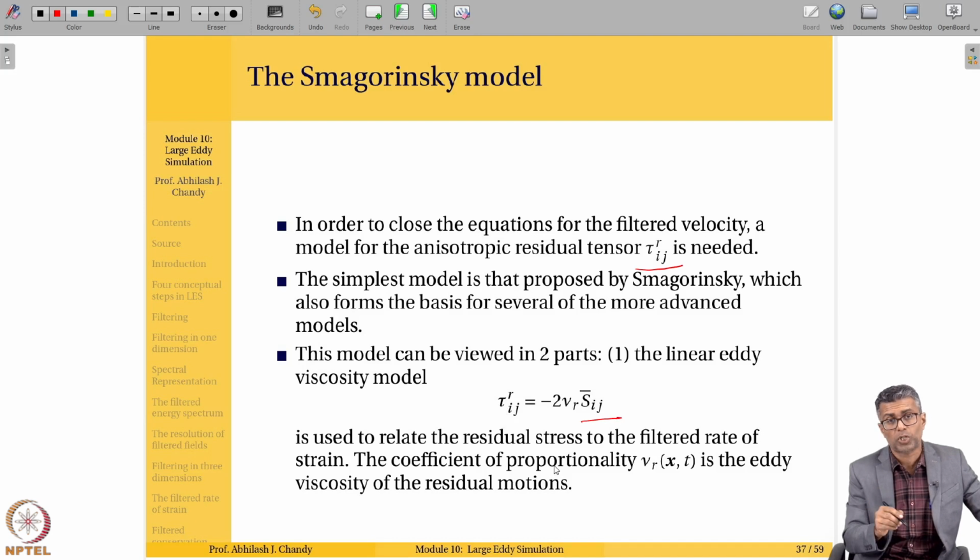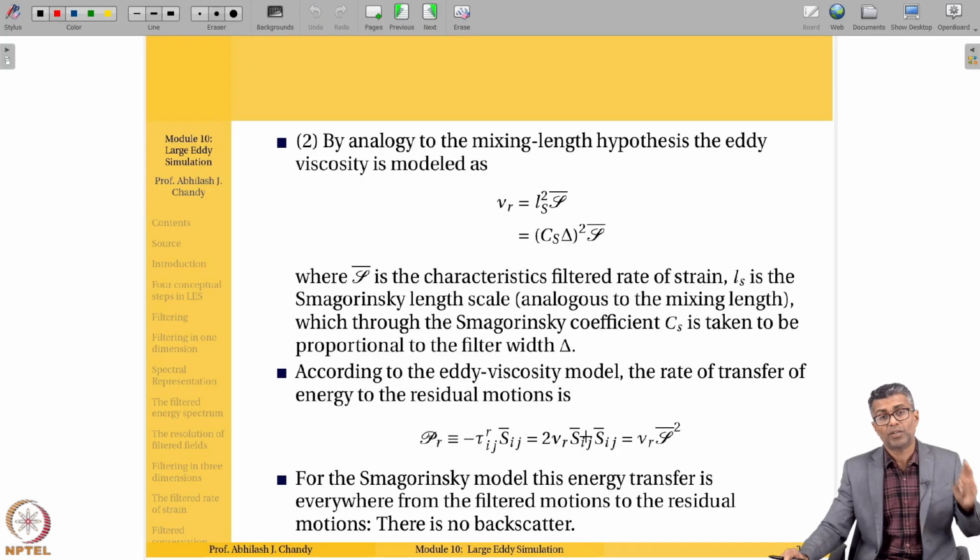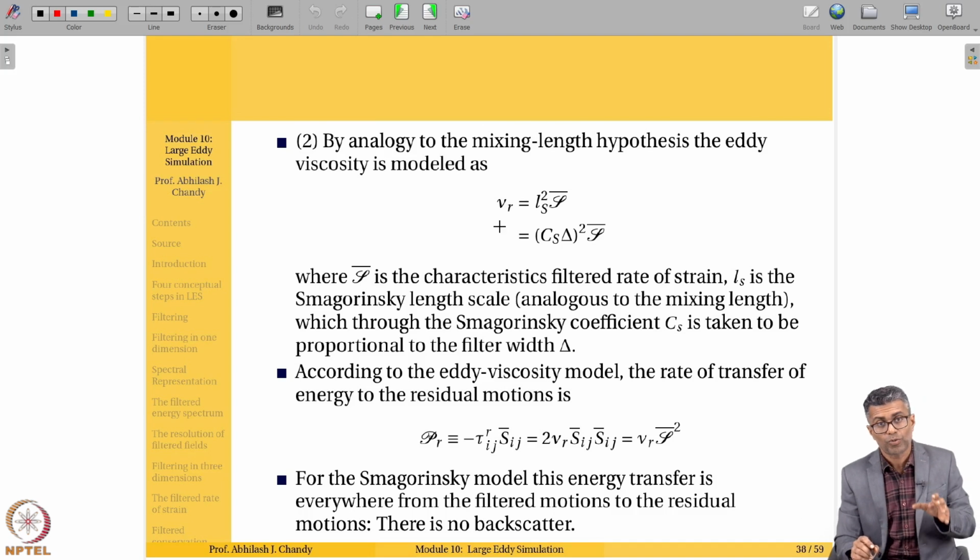The constant of proportionality, just like in the Reynolds equations, is again what we call an eddy viscosity, except this is a residual eddy viscosity, also called a turbulent eddy viscosity. So we are referring to it as nu r. So tau ij r is minus 2 nu r Sij bar, and this nu r is the eddy viscosity. Fine. Now the more specific assumption is that nu r is equal to, and we are using the mixing